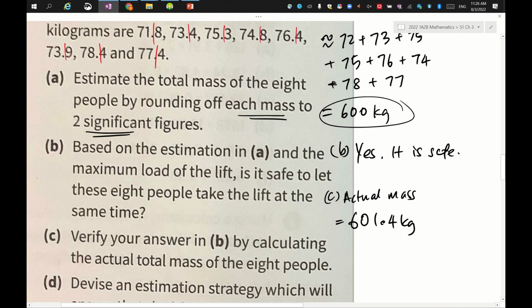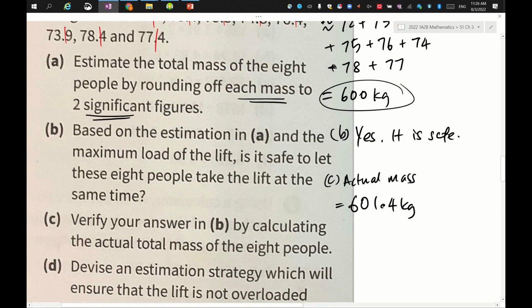Now, is it safe to let these 8 people go in? No longer safe, right? It is more than 600 already. So, it is not safe to let these 8 people enter. So in part D,